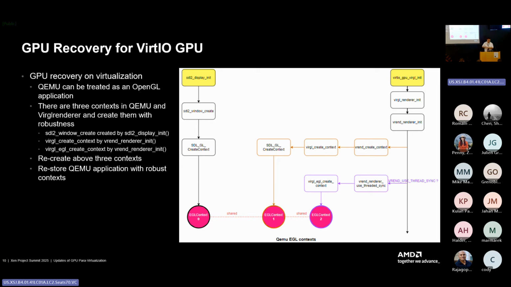So we have to identify some basic applications with robustness. Then we can finally resolve the issue and make sure the GPU recovery can succeed based on para-virtualization, even on Xen.